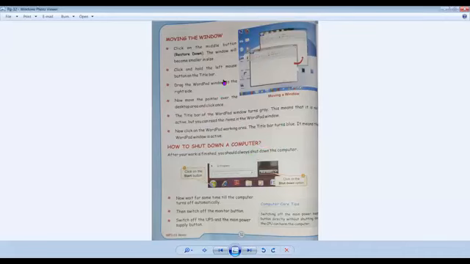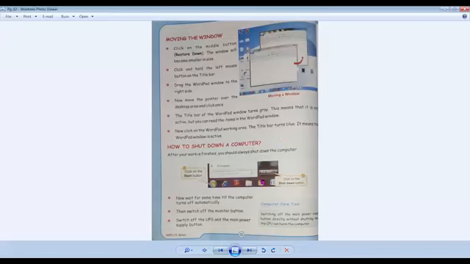Okay. Then this bar, which is at the top of the window, that is called the title bar. Here it is written title bar. Okay. Now if your window is active, this title bar is blue. And if this title bar is gray, that means the window is inactive. If the title bar is blue, the window is active, and if the title bar is gray, then the window is inactive.